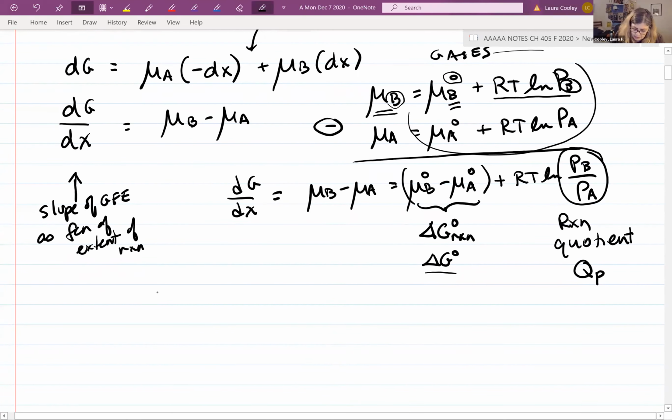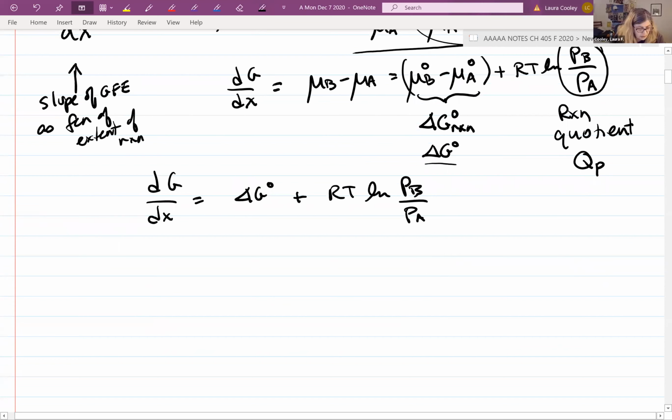And so we end up with dG/dx equals delta G0 plus RT times the log of PB over PA, which is RT log of Q. And then I showed you what this portion of it looks like, anyway, I showed you more than that, but this portion,